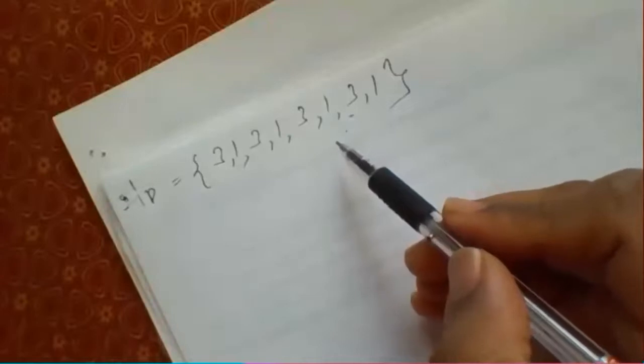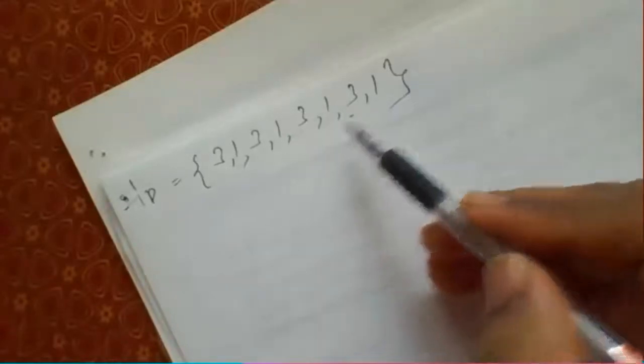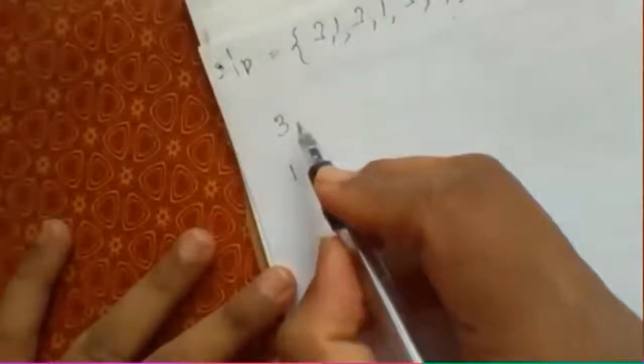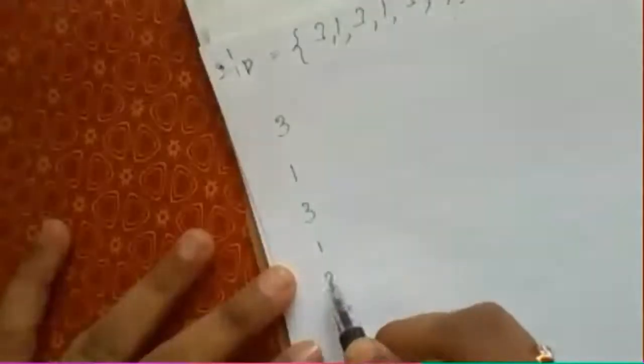Here no further decimation is required. Decimation and reordering are done only in the first stage, that's all. So in the second stage, the signals simply pass on. Therefore, before drawing, I'll first write all the input sequences, 3, 1, 3, 1, 3, 1, 3, 1. Now here you need to show the twiddle factors and then their interconnections. So while drawing the signal flow graph, see that they are neatly represented.